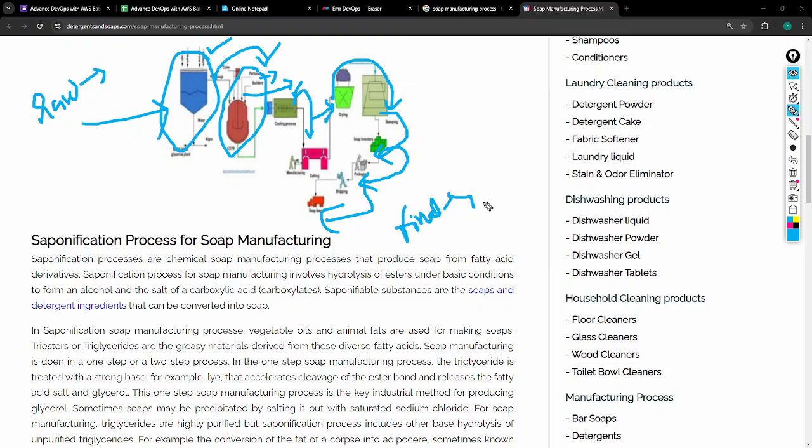The final product is in our shops and shopping malls. We go there and buy this soap, right? Bath soap or any other soap. So let's take soap as an example product. Here soap is a product for us and it is a business. The final one is available in the shops, the first one is the raw material, and in between there is an idea and the process of the product.